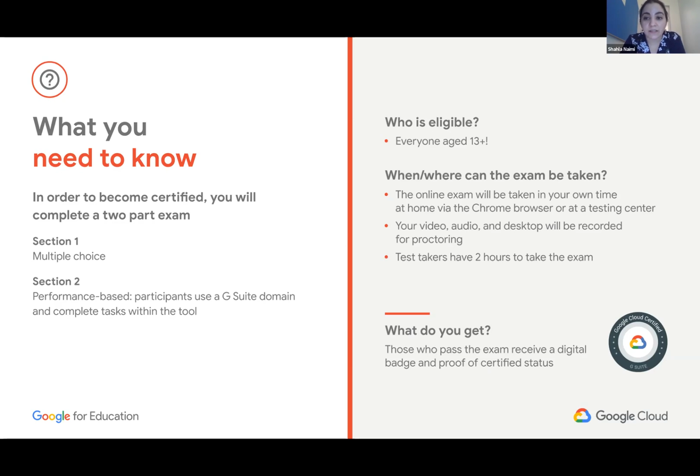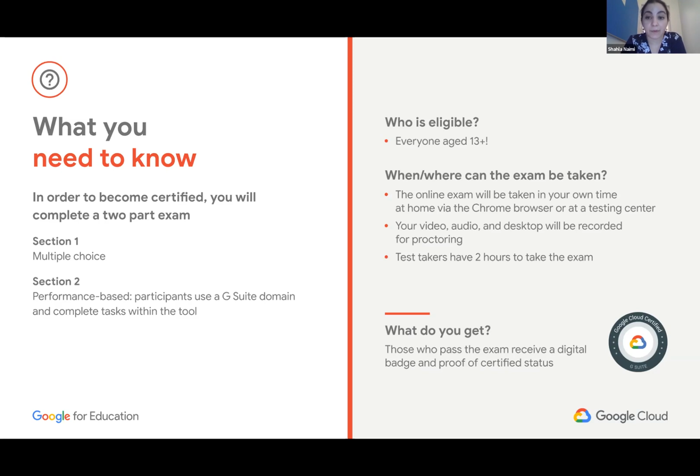And then in a few select US cities, there are also testing centers run by ProctorU, which proctors the entire exam. So for those individuals who would prefer to travel to a testing center and take it in person on a computer, they can do that as well. But we do expect that with adults, they would primarily prefer to take it online at home or at a different location. So we really recommend that in particular.